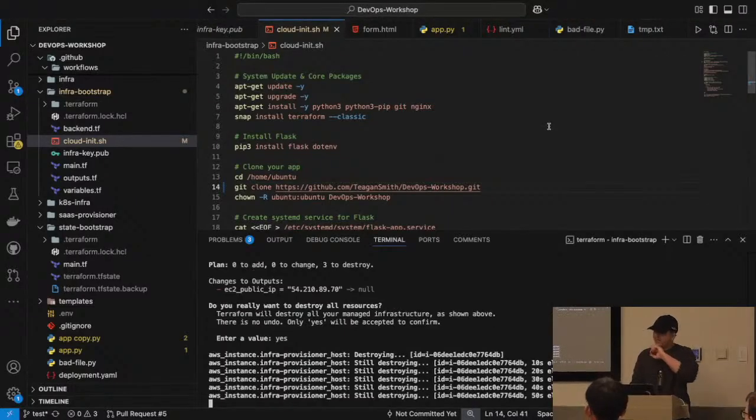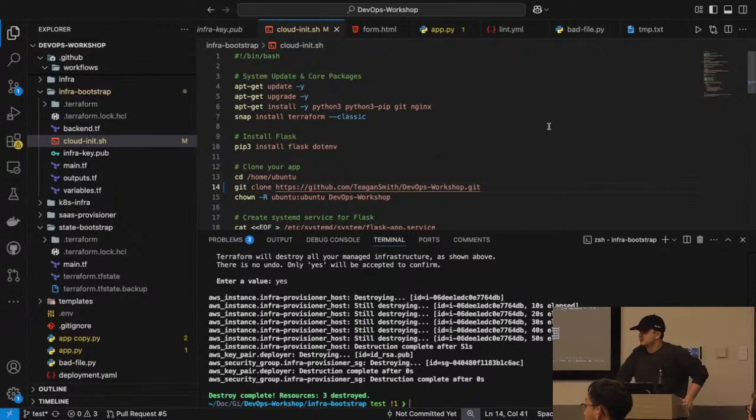Excuse me. Yes, sir. Are there any other, I guess, products like Terraform or like software that companies use? Of course, yeah. So Terraform is the biggest one, mainly because it's cloud agnostic. So you can use it on anything. It works with so many different things, and it's very simple to use.